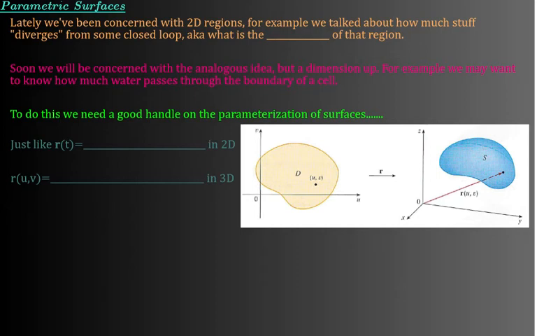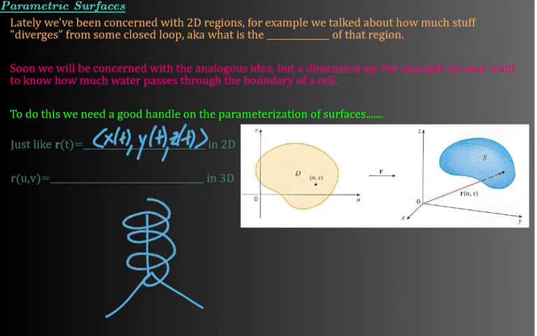We've talked about parametric curves before, like r of t equaling the vector x of t, y of t, and then z of t. For that one, we might have some sort of curve that's just a spiral in space, and at different t values you're at different spots. We've seen that way back in chapter 12, but we will need to talk about doing a similar thing for surfaces. So basically parameterizing, instead of a one-dimensional curve,